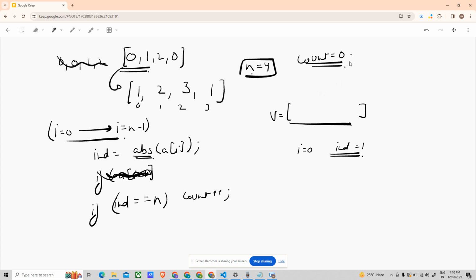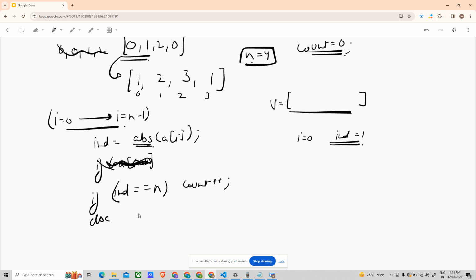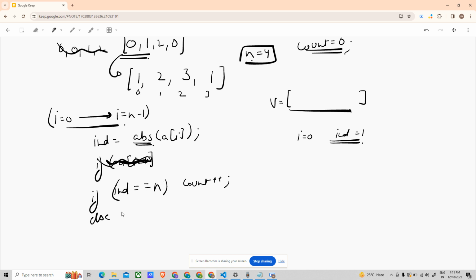Just agree with me, stay with me for a minute. I will tell you what I'm going to make you visualize. If index equal to n, count plus plus, no problem. Else if a of index is less than 0, meaning the element present at the index is negative, we do v dot push back